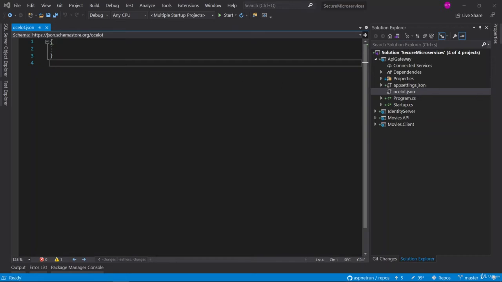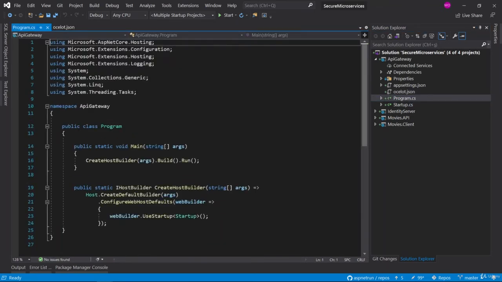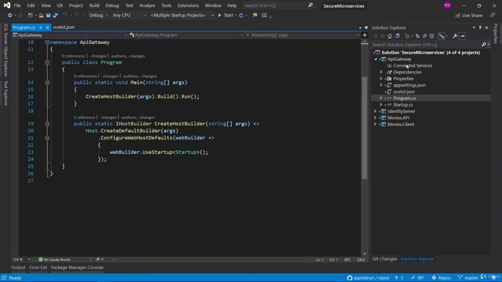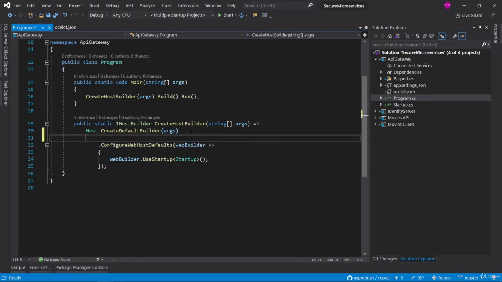Now we should configure our Program.cs in the API gateway project, because in Program.cs we are not registering this Ocelot JSON. We should say that once you are running the application as an API gateway, you should check configurations from the Ocelot JSON. So for that purpose, we are going to add a new configuration here.